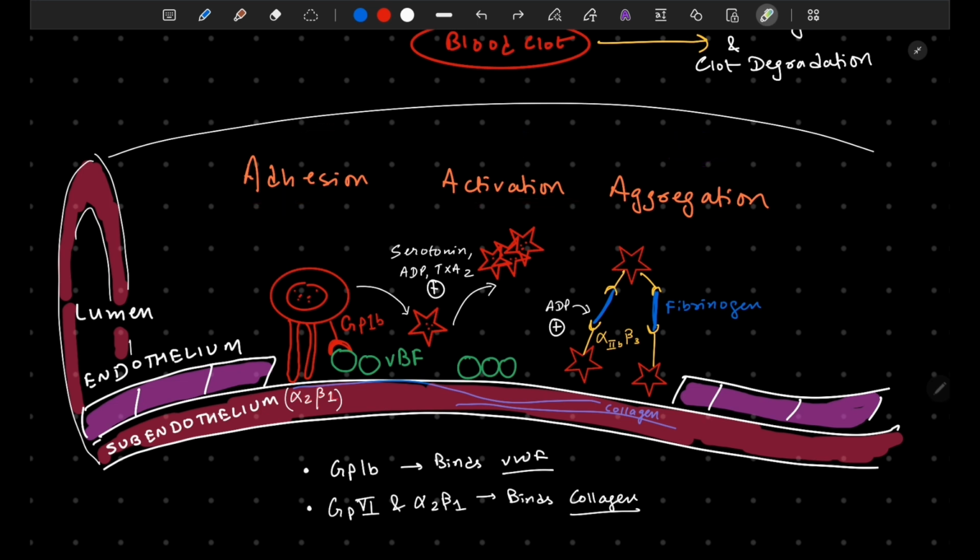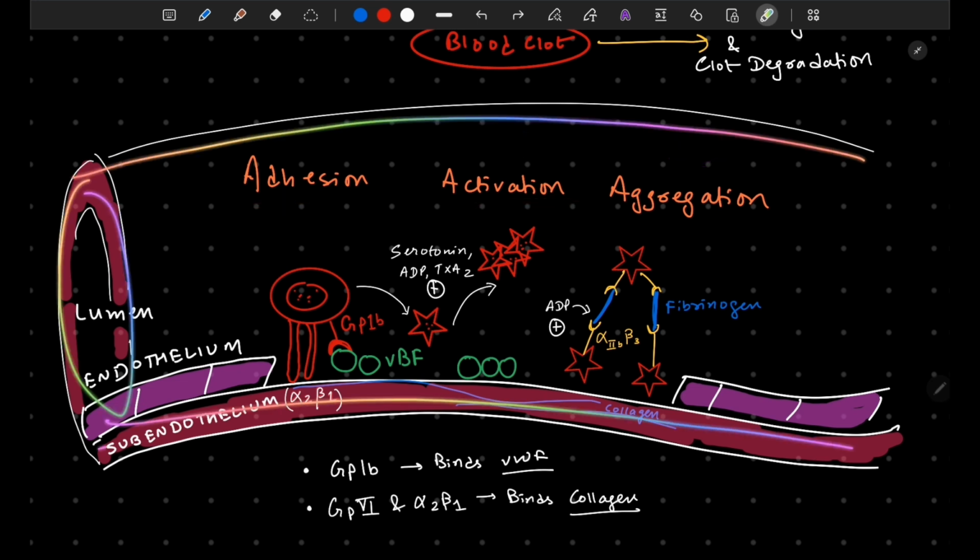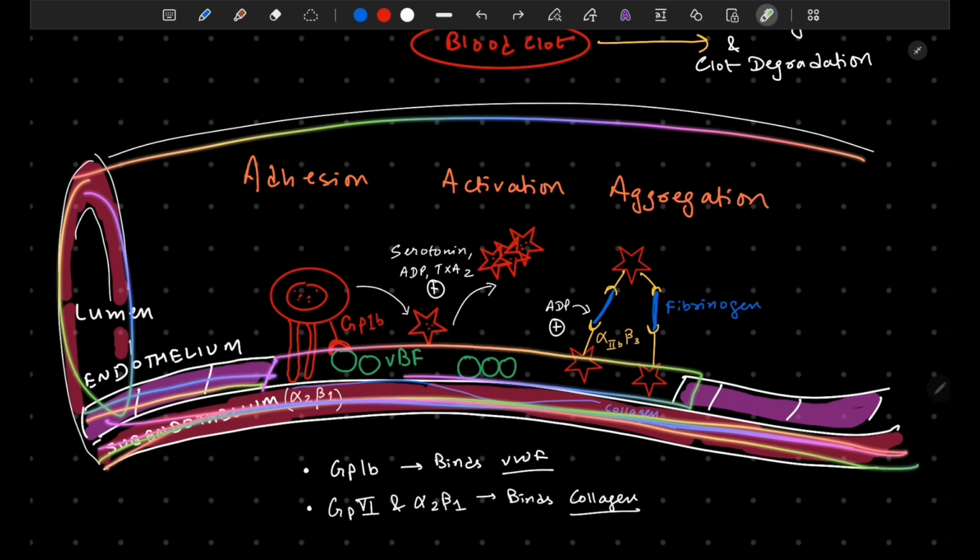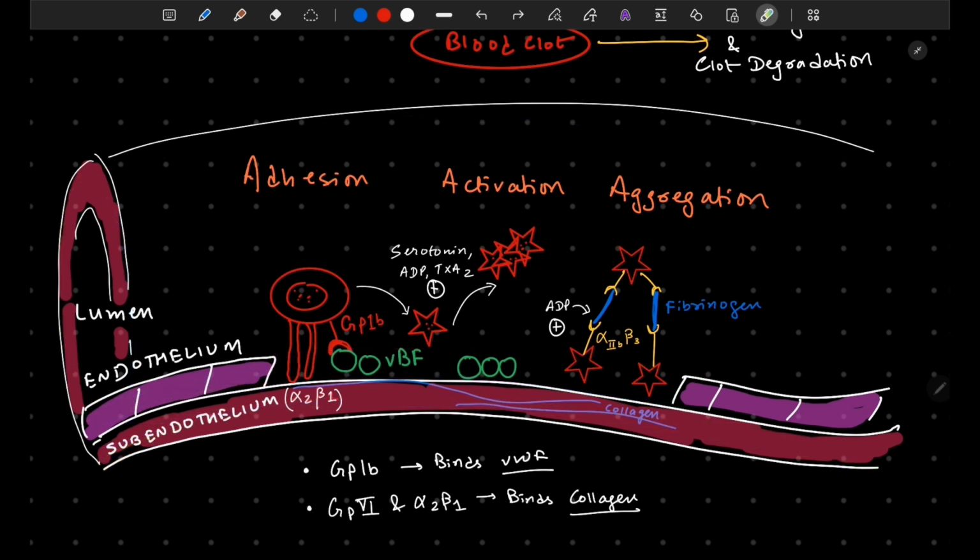The adhesion, so suppose this is our blood lumen with the subendothelium and the endothelium. There is an injury, where we can see the endothelium has been disrupted and the blood has been exposed to the subendothelium. The platelet which moves in the blood gets adhered to the exposed subendothelium tissue by a variety of